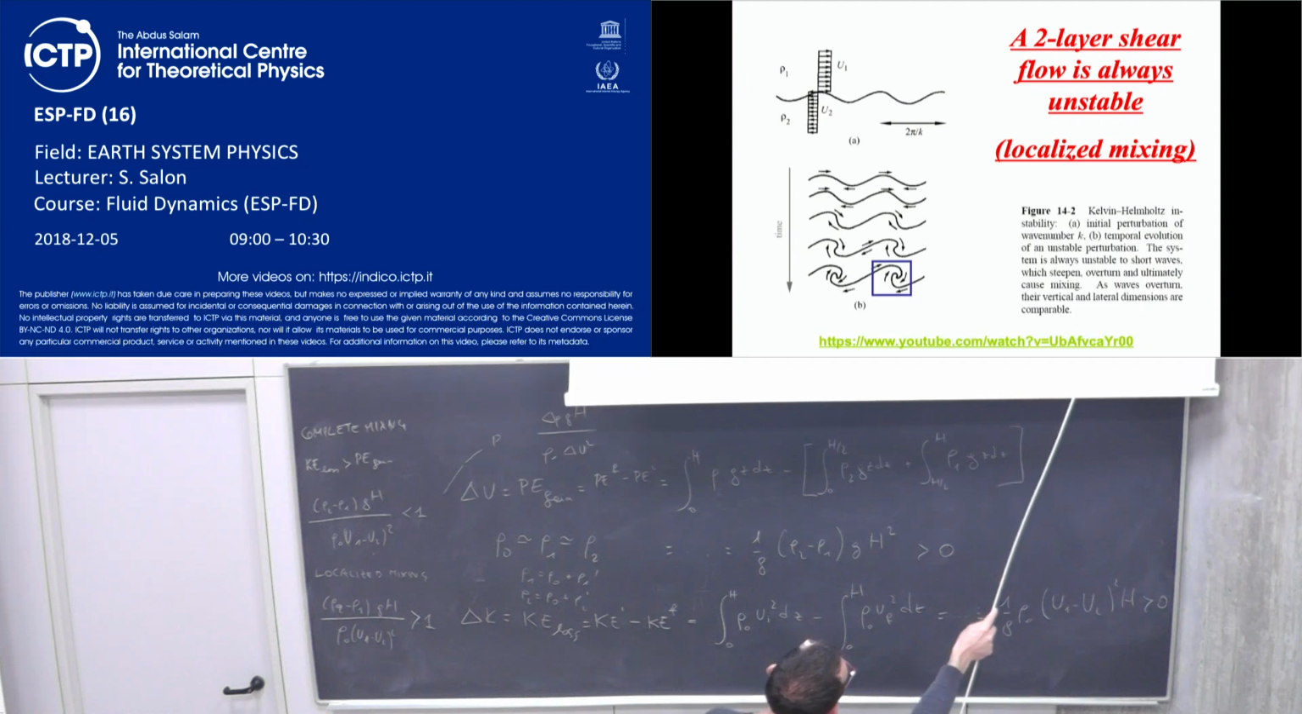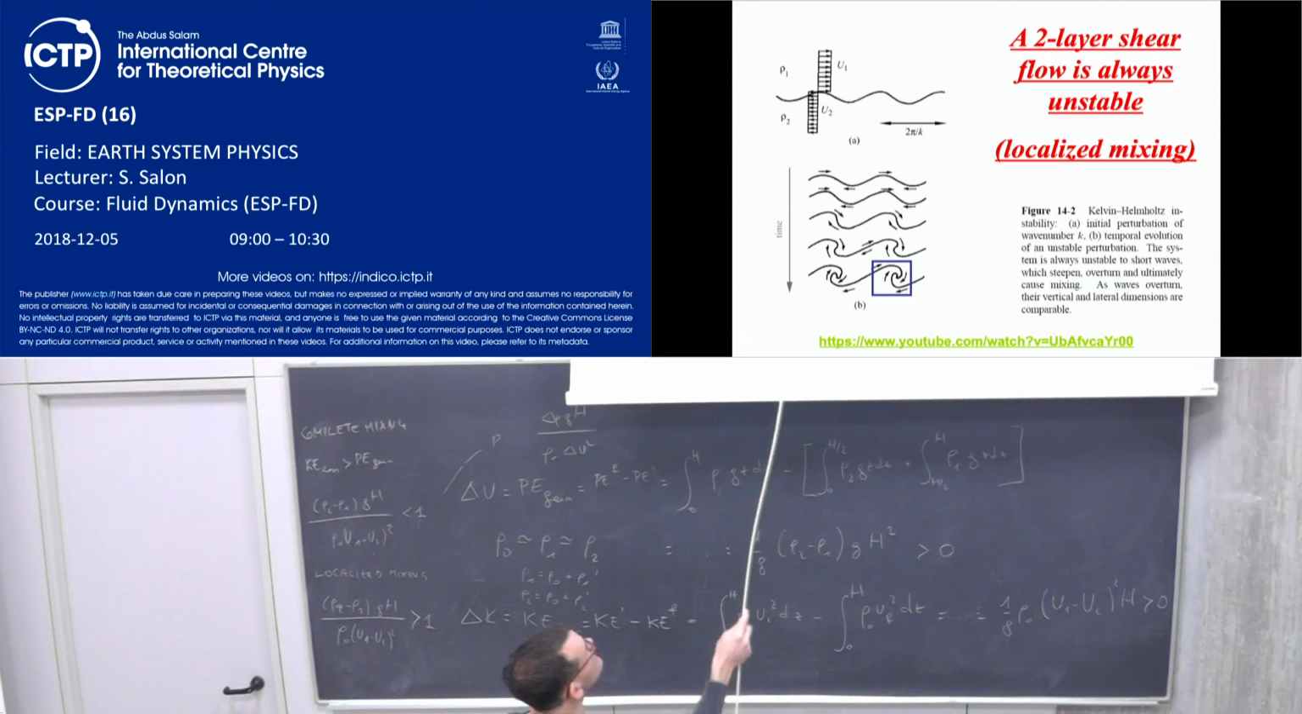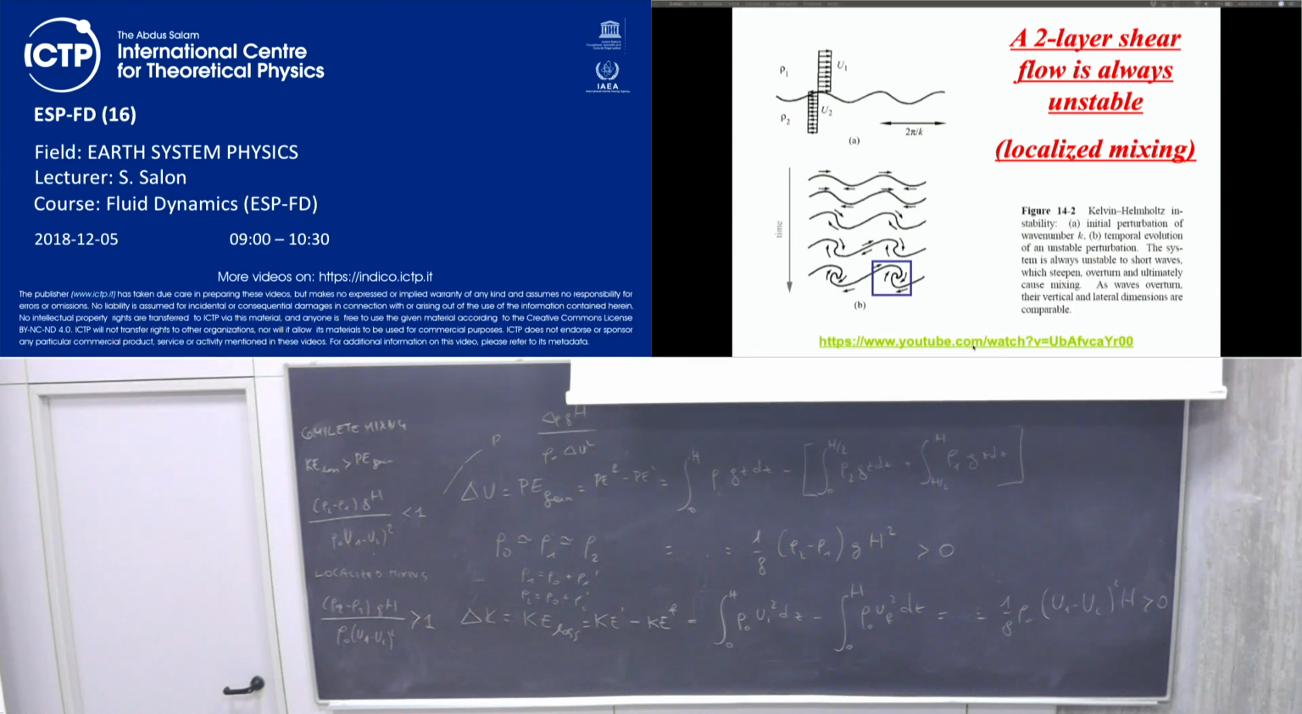And as waves overturn, the vertical and lateral dimensions are comparable. Okay, so this typical pattern, this vortex that you can have in the vertical plane, will have horizontal dimension comparable with the vertical dimension. So let me see if there should be